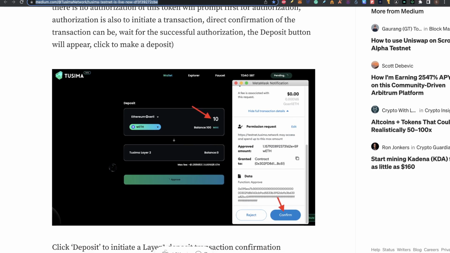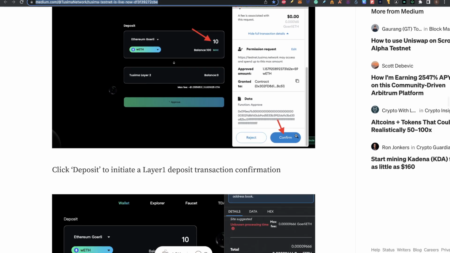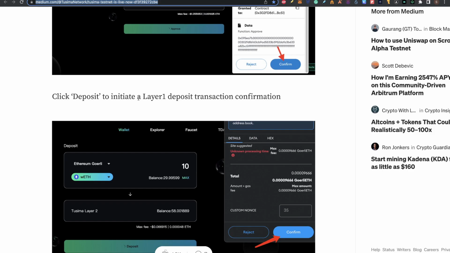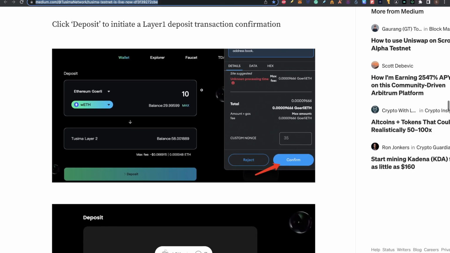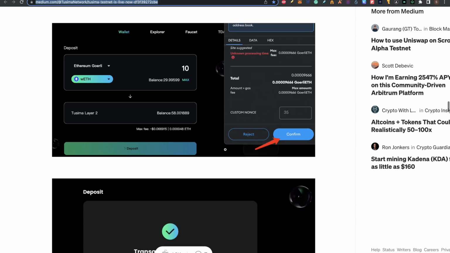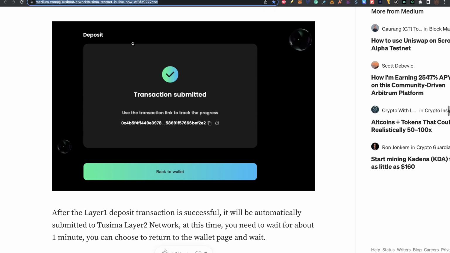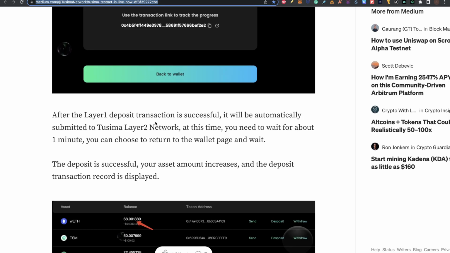So you can see that you put 10 here of the balance for wrapped Ethereum. You click on confirm, and then you click deposit to initiate this deposit confirmation. But you can see that in this wallet right now, I never saw the deposit button; it keeps being unapproved, so I don't get into this step. But maybe you can do it, so after doing that, you will see that the deposit transaction was submitted correctly. And after the layer 1 deposit transaction is successful, it will be automatically submitted to the Tusima Layer 2